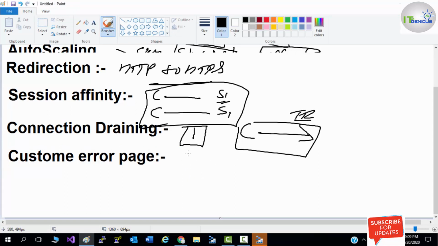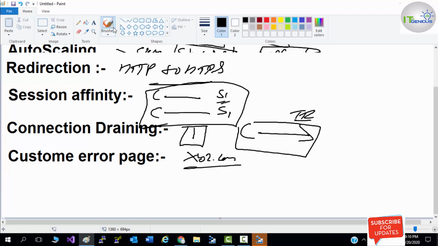So you can set up a custom error page for your brand. Let's suppose your brand name is xyz.com. You can set up a custom error page which will show your brand on your application gateway.